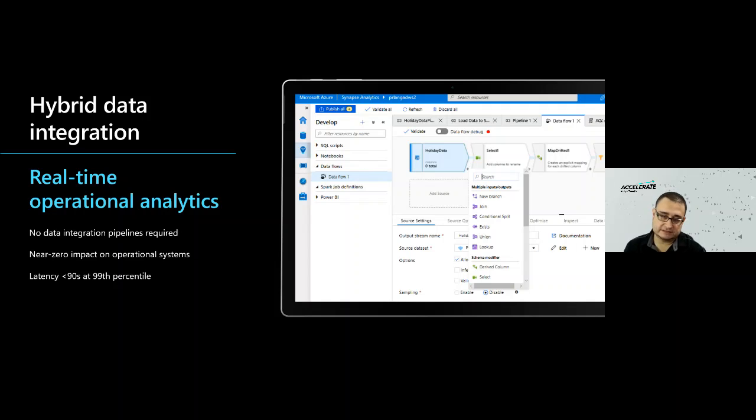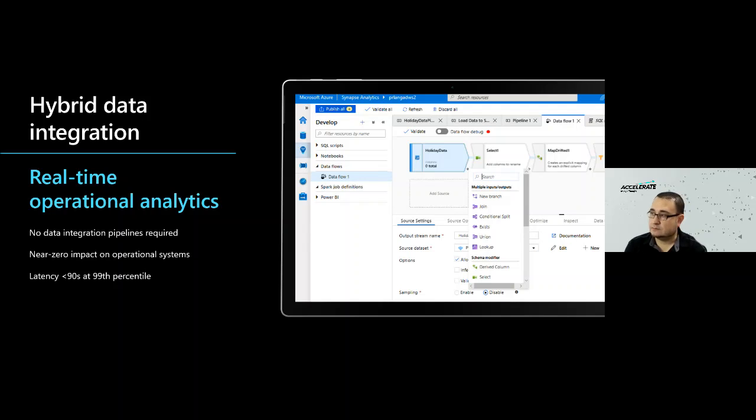Not sub-second, but sub-minute: typically the 99th percentile per Microsoft benchmarks is within 90 seconds, so it can be brought in essentially in real time with minimized latency.